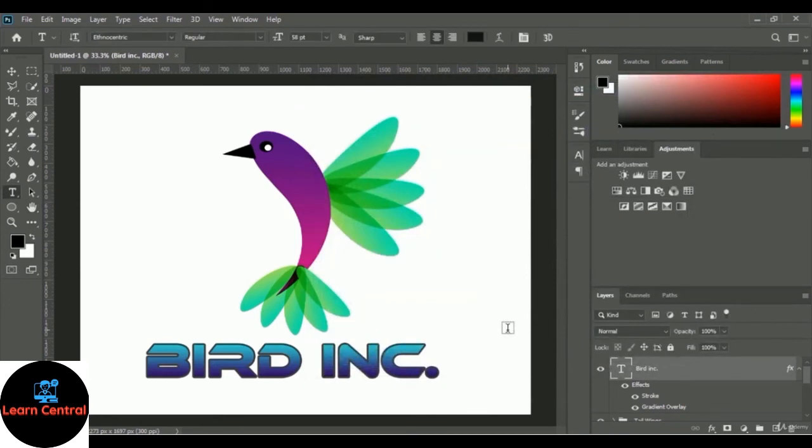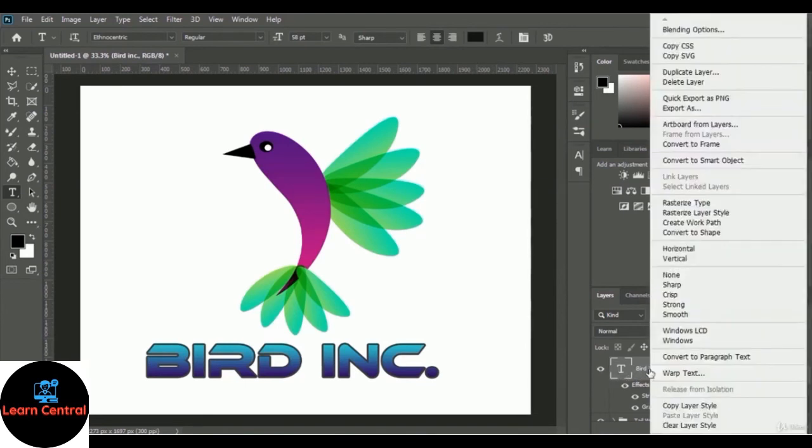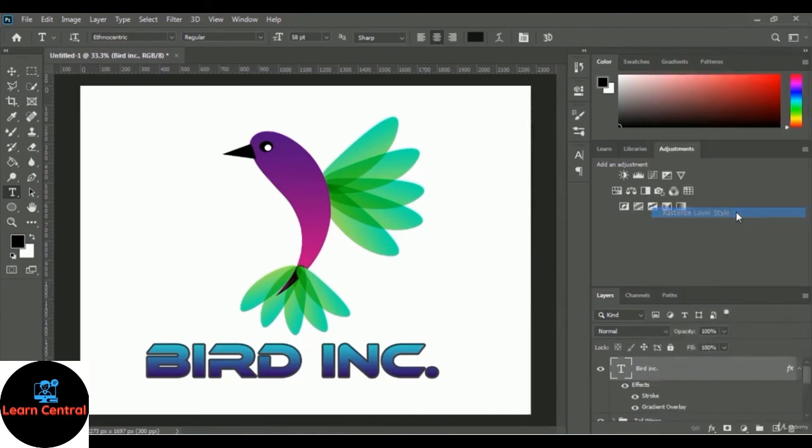So you can take a look. We already added our stroke, and it really looks fantastic, and we want to rasterize this layer style. So therefore you have to right click on here, and here is the rasterize layer style option. So this is the logo of the bird. I think it really looks good, but